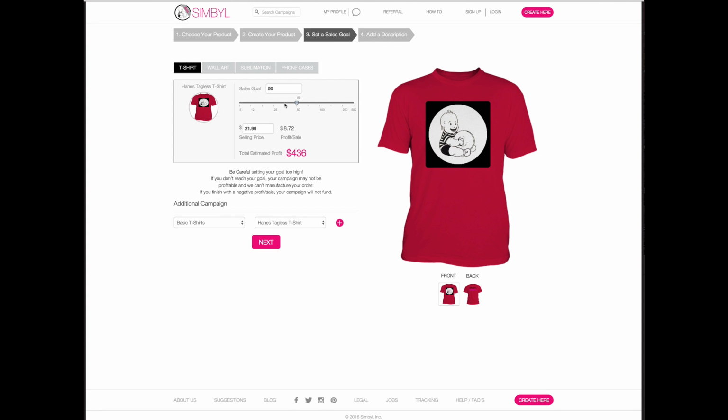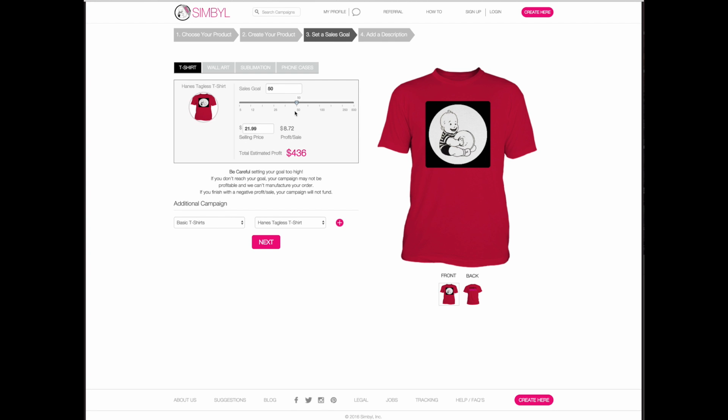If you don't meet your goal, but you meet our minimum and you're not in like a negative margin, we'll totally print everything for you. Our minimums are really low. But it's good to meet your goals, you know? You don't want to set them too high either and then all of a sudden you never sell anything. But you'll get a feel once you've done it a few times.